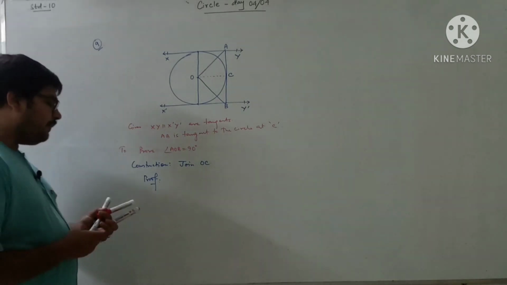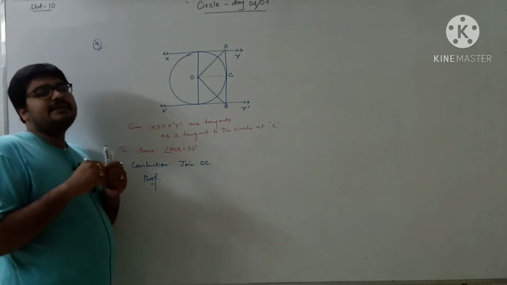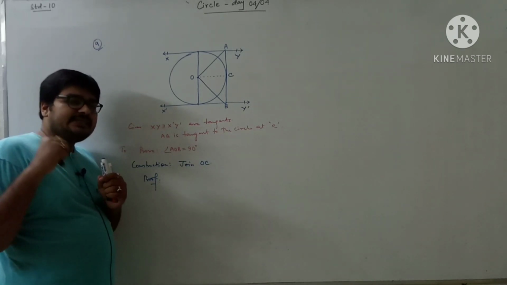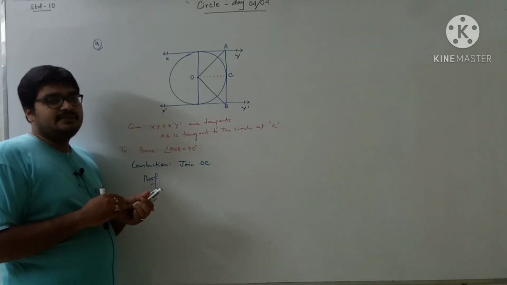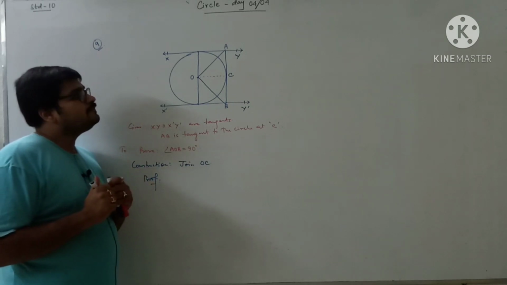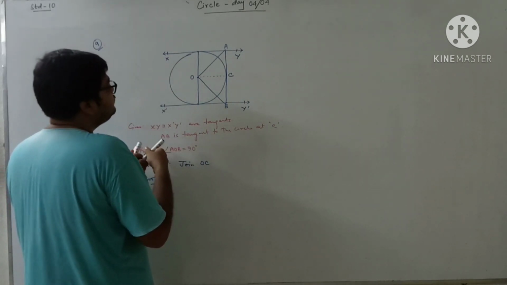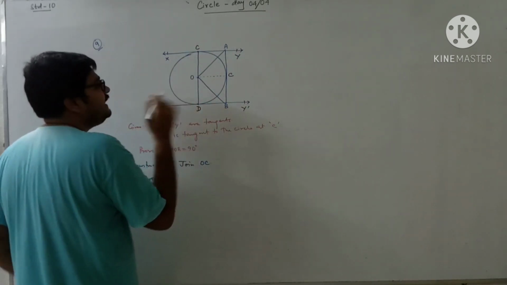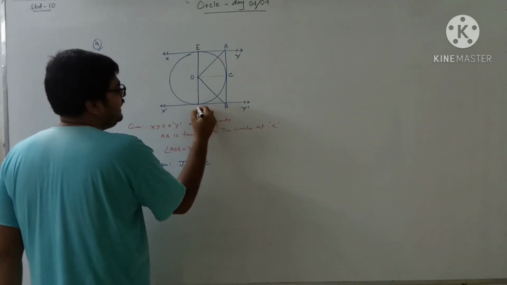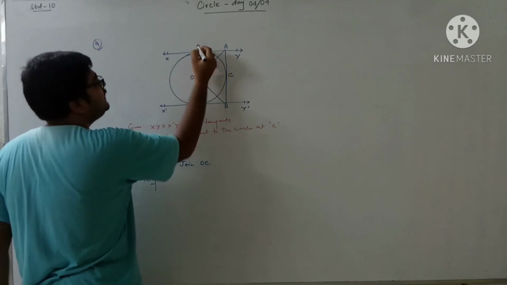See, one property we have learned: if we join the center to the external point, that line bisects the angle between the two tangents as well as the central angle. On the first day in the class, when we discussed the property, I discussed this one. So now look here. Here we are giving a name. CD we cannot give, EF we are giving. Has any name been given in the question? Yes, PQ. They have given the name PQ. So let's write PQ here.